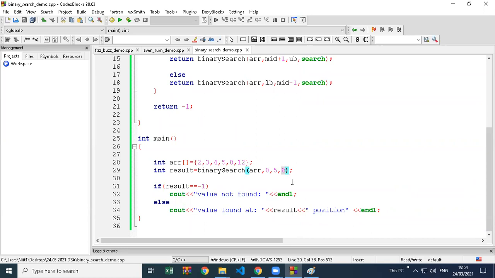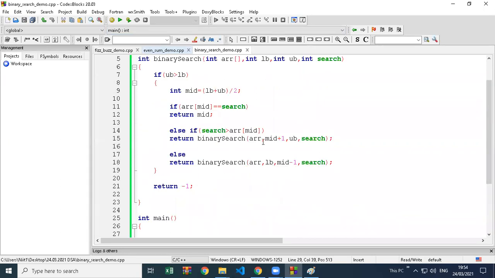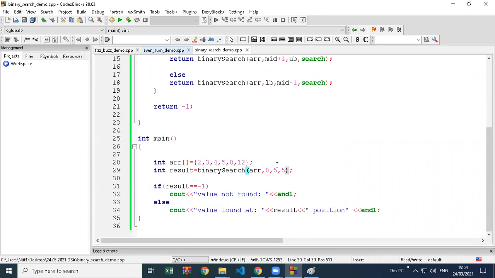So let's see why it is giving error in 5. Okay, so let's see the code also side by side, why it is giving error in 5 and why it is not giving in 8. This code has somewhere problem in this part, but let's also see the flow so you will understand.